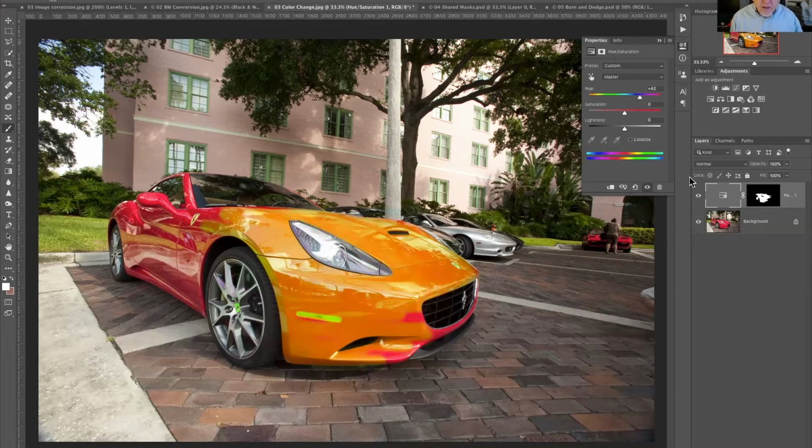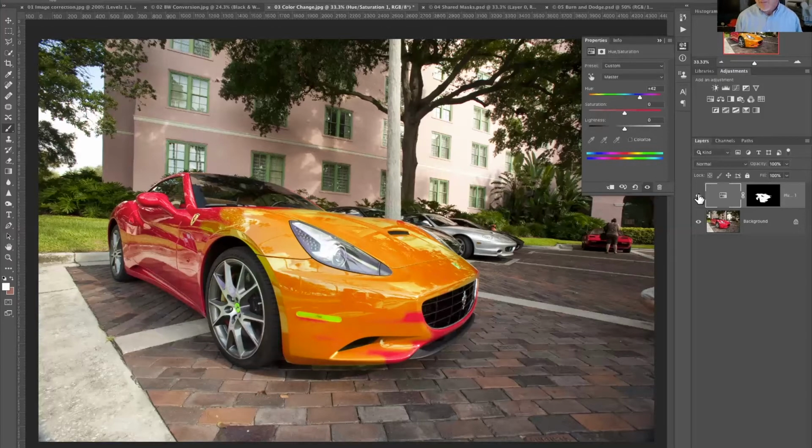And here's one other thing that a lot of people don't know. Let's say that we've got the color changed version of our car, but we also need the original too. So instead of having to have two separate files, check this out. With this adjustment layer, we can turn it off. We've got our original, we could print it like this. We turn our adjustment layer back on, we can print it the way it appears now in this color, because layers that are turned on and off also do or don't print. That's probably not the right way to say it, but a layer that's turned off does not print, is what